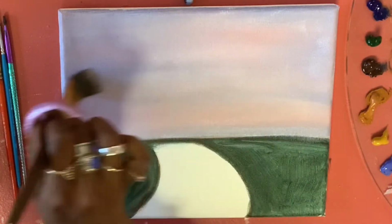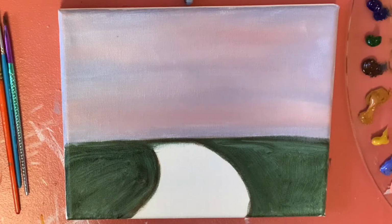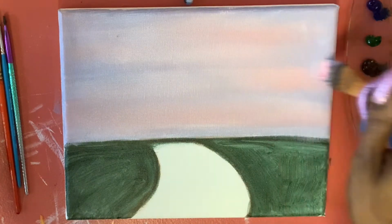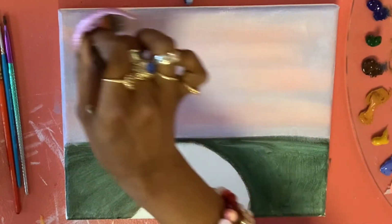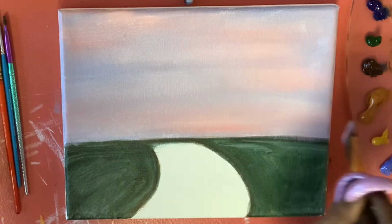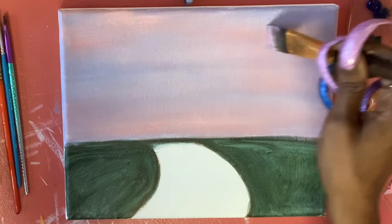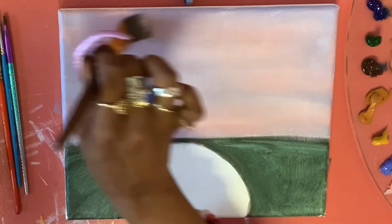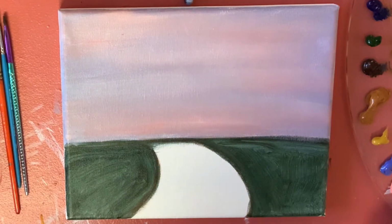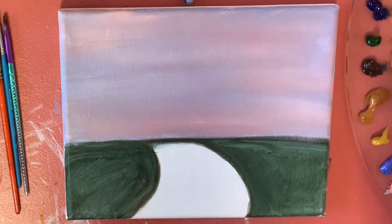See that? I'm just dusting it on, putting more in some places than others, and then blending. So you can still see the blue, but underneath, you see the pink blending in. And so that pink, we're gonna add a little bit of yellow to it, and then